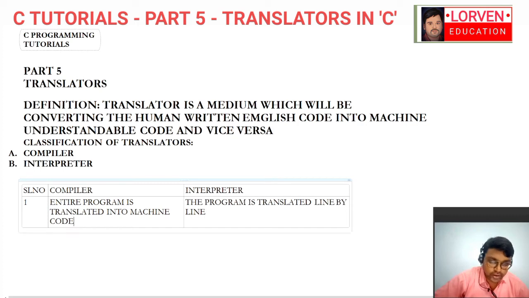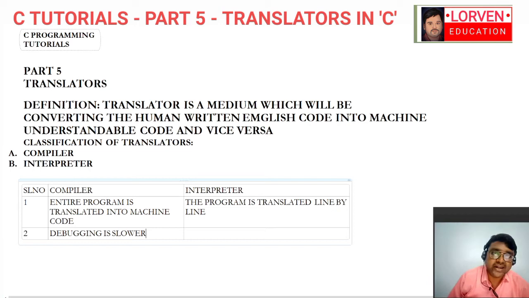We will talk about point number 2 now. The second point is debugging. Debugging is slower in a compiler. In computers we have a term called bug, which is nothing but an error, and debugging is rectifying the error.